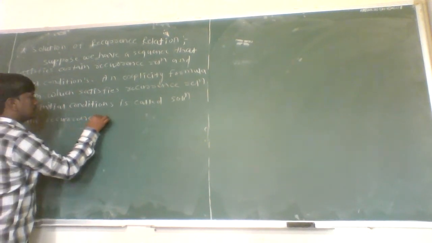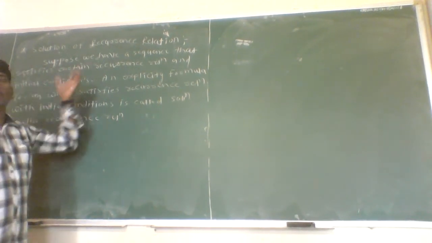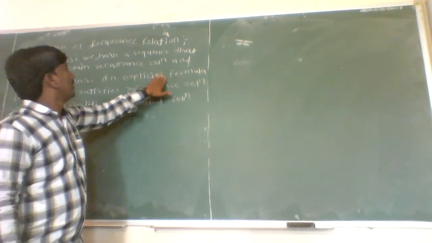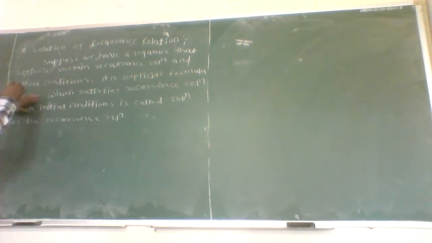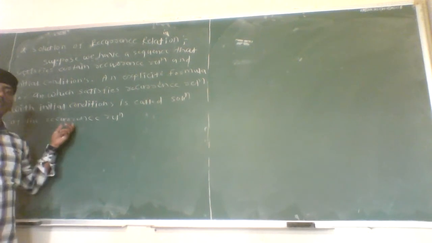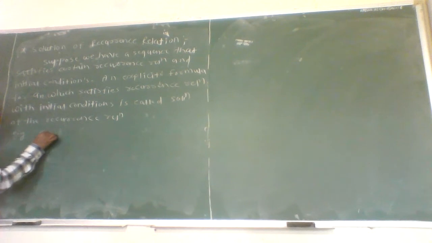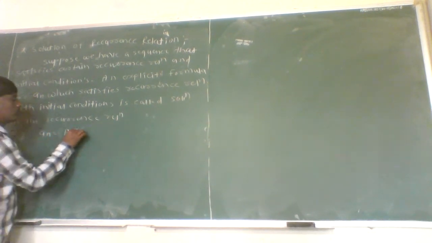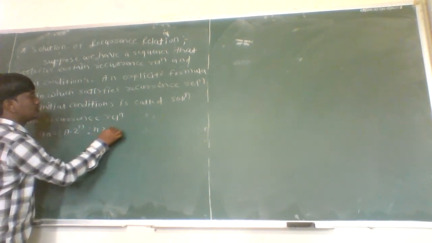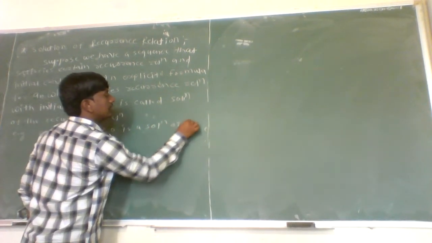What is the solution of the recurrence? Suppose we have a sequence that satisfies a certain recurrence relation and initial condition. Therefore, an explicit formula for the nth term of the sequence, that is a_n, which satisfies the recurrence relation with the initial condition, is called a solution of the recurrence relation. For example, a_n equal to a times 2 to the power n whenever n is greater than or equal to 0 is a solution of the recurrence relation,